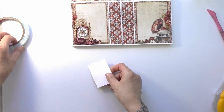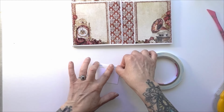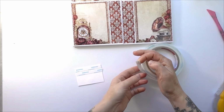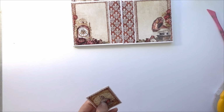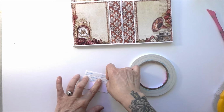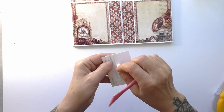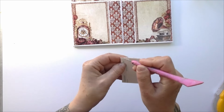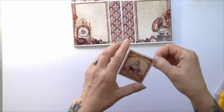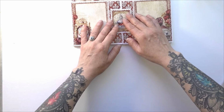So we're going to put double-sided tape, like score tape, just halfway along here. Might do one more. Okay, and now the magnet will let us know where it's supposed to be there, and then we put that